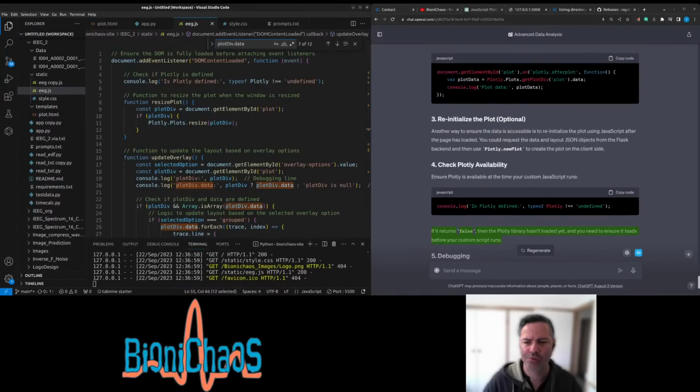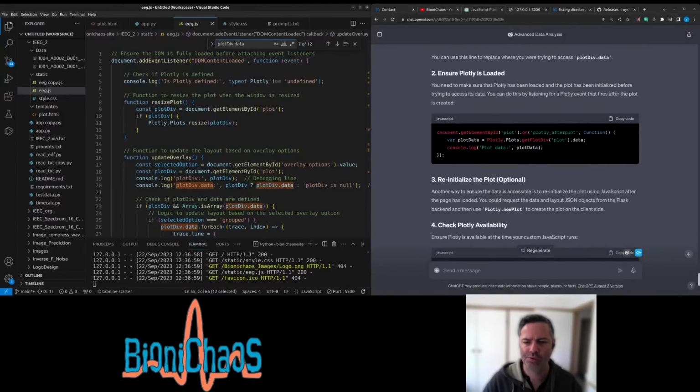If it returns false, then the Plotly library hasn't loaded yet, and you need to ensure it loads before your custom script runs. As a last resort for debugging, try adding a delay, using setTimeout, before running your code to manipulate the Plotly plot. This is not a recommended practice but can help in debugging whether timing is the issue. By trying out these steps, you should be able to identify why you're unable to access the plot data and rectify the issue accordingly.